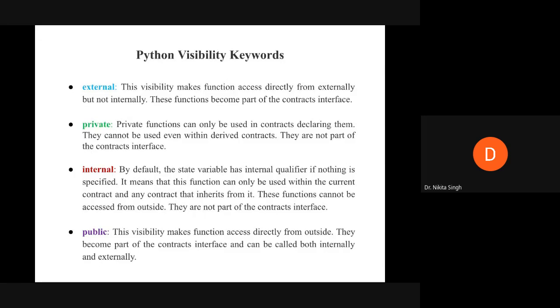But if you're starting out with writing smart contracts, the rule of thumb is that you give the minimum amount of privilege to any function, so you start with private. That is, start trying with private, then internal, then external, and then public. As a last resort only, you should use public. Try with private, see what works and what does not. If it is not working with private, try with internal. If it is not working with internal, try with external. But you should use public as the last resort,